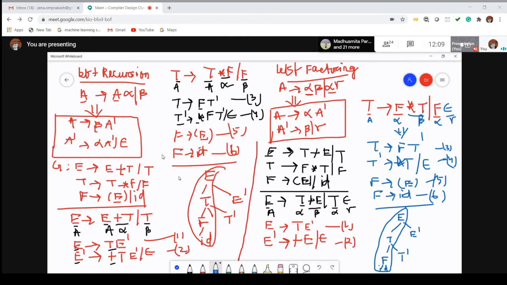So for an ambiguous grammar, you can construct more than one parse tree, either more than one left most derivation or more than one right most derivation. If there exists ambiguity in grammar, you can remove it by either left recursion or left factoring. If from the start symbol it is repeated infinite number of times, it is called left recursion. If the start symbol is not repeated, but any intermediate value is repeated, then we go for left factoring.